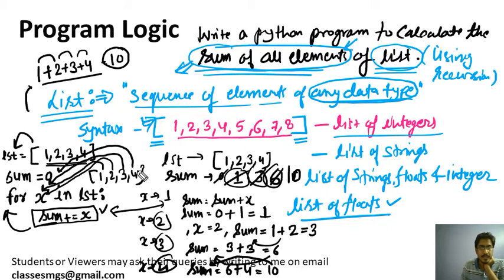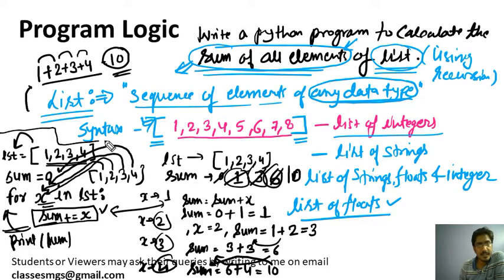Now there is no element left in this list, so this loop will end and we will print the sum at the bottom of this loop. So outside the loop we will write the sum. So this is how we do the sum of the elements without using recursion. Before understanding the concept of recursion, I am just explaining it to you so that you can understand how to calculate the sum of the elements.